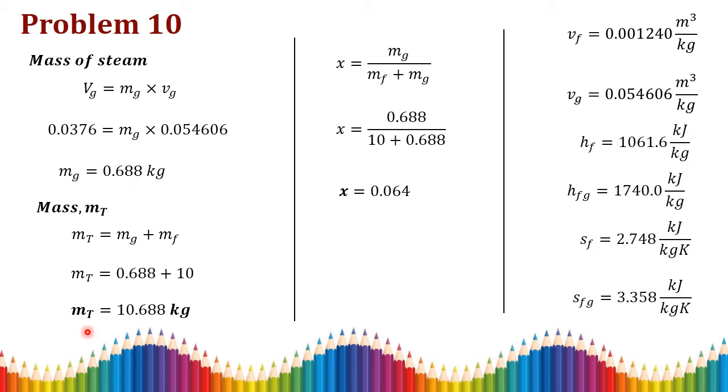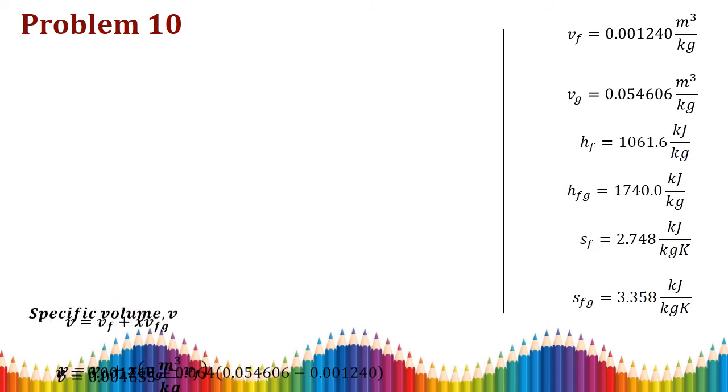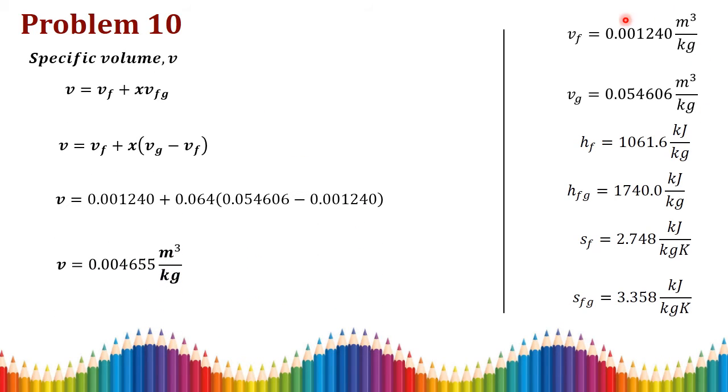Further, in the question they have asked about enthalpy, entropy, internal energy and so on. For that we need to know which condition the mixture is in. So we need to find the quality of the steam in the mixture. I am using the dryness fraction X equal to mg divided by mf plus mg. Substitute all those values to get X equal to 0.064, which is less than 1. So the condition of the mixture is wet here. So we can use the wet formula again. These are all the properties I have taken from the corresponding temperature, T is equal to 250 degrees Celsius, from your temperature table.